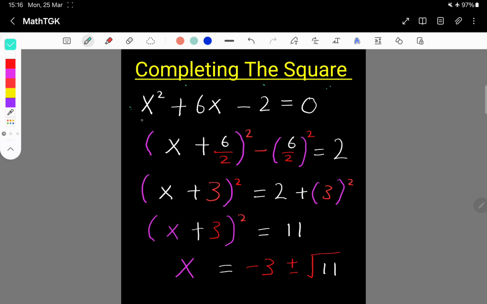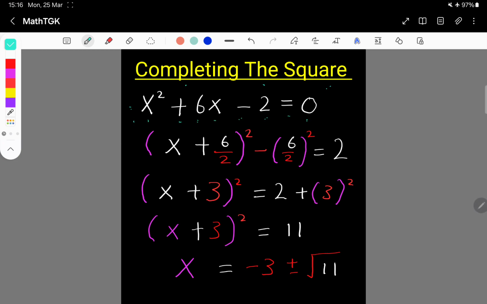where it is ax squared plus bx plus c equal to zero. Okay, you must arrange in this form first. In this case, you are quite lucky because the equation is already arranged in ax squared plus bx plus c